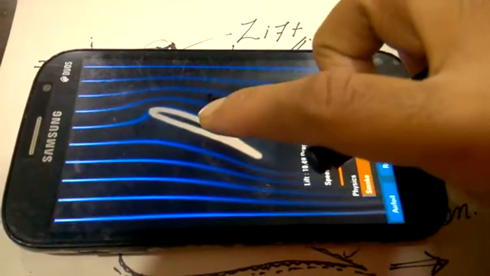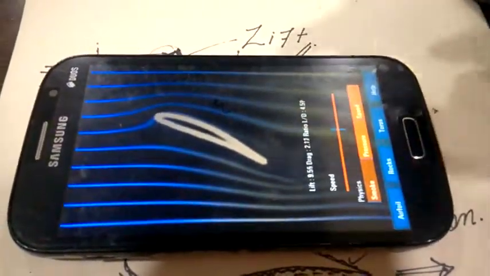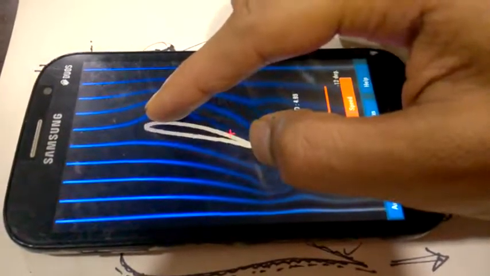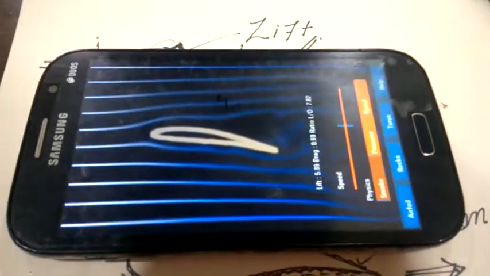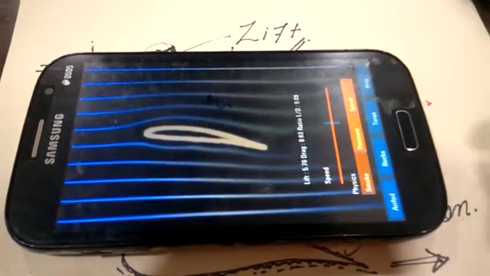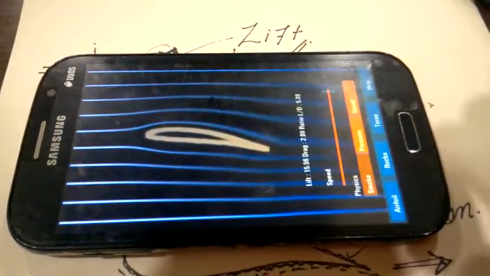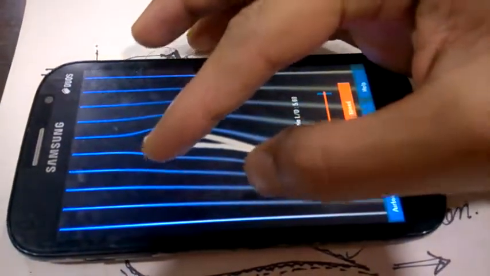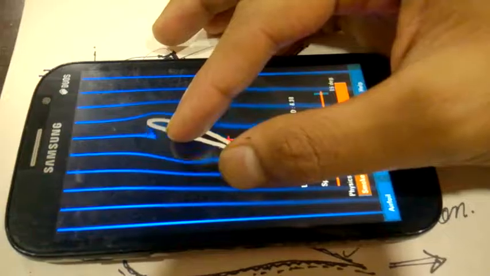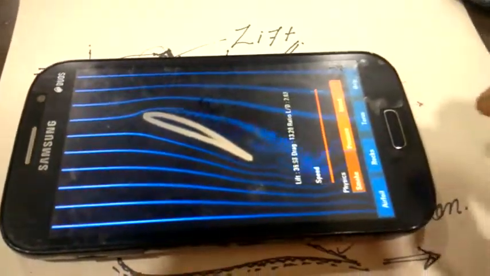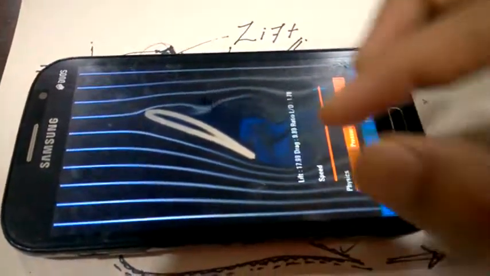So this creates a force in the upward direction, that is known as lift. Now you can better visualize the airflow pattern over it, and as you increase the inclination, the value of your lift will be increasing,